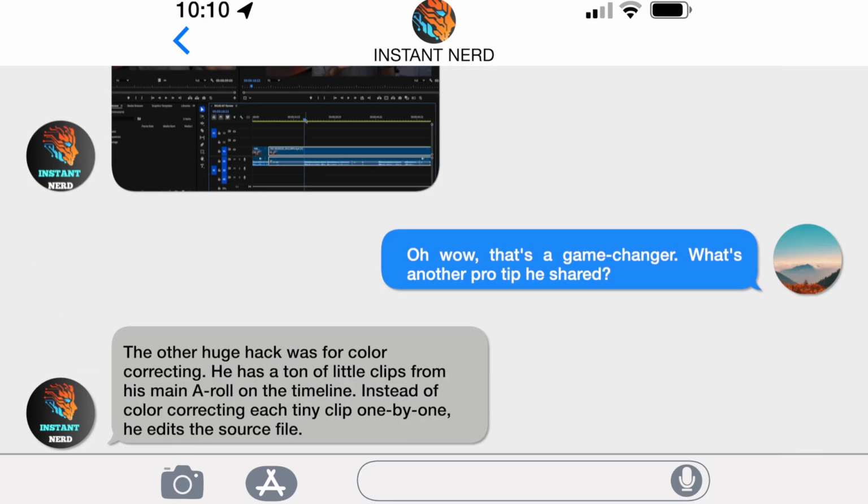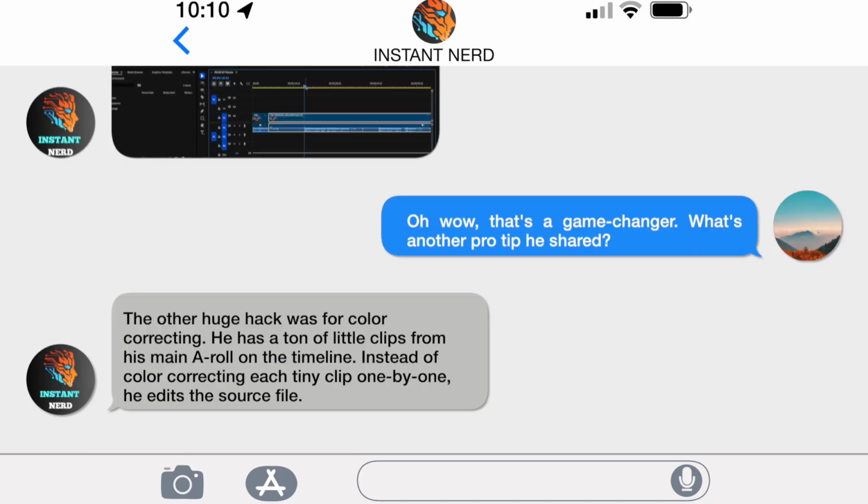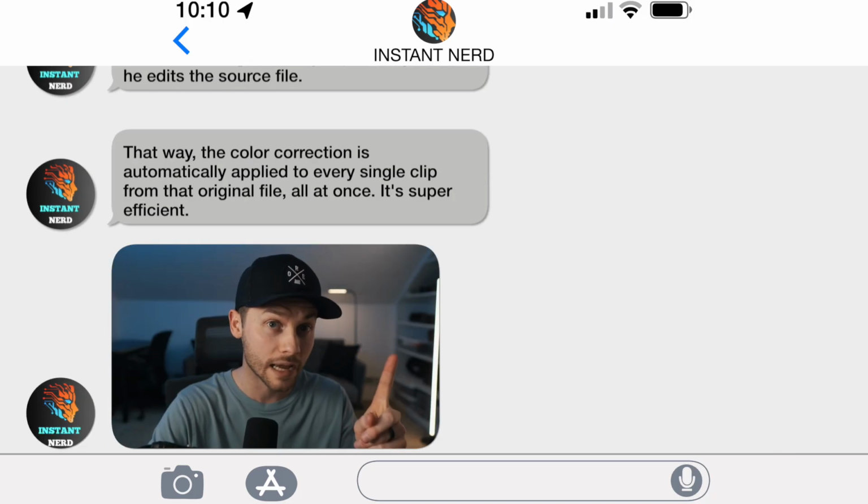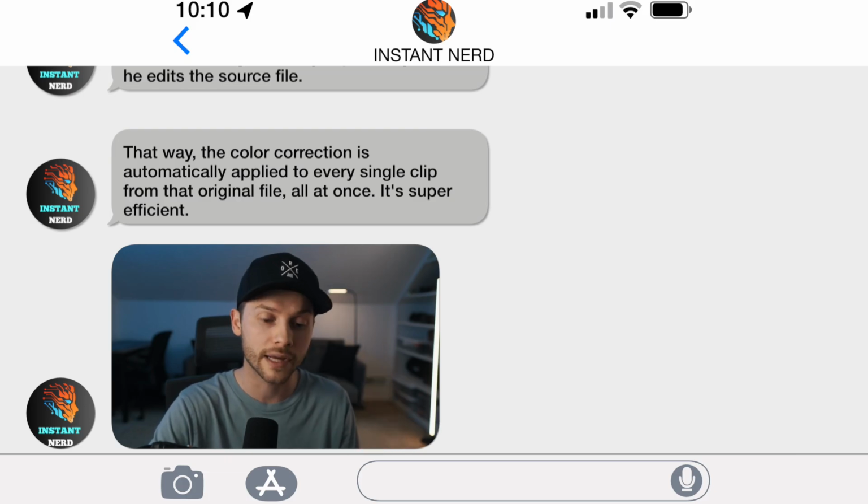The other huge hack was for color correcting. He has a ton of little clips from his main A-roll on the timeline. Instead of color correcting each tiny clip one by one, he edits the source file. That way, the color correction is automatically applied to every single clip from that original file all at once. It's super efficient. Edit the source footage one time, and it's going to apply that same color correction to every